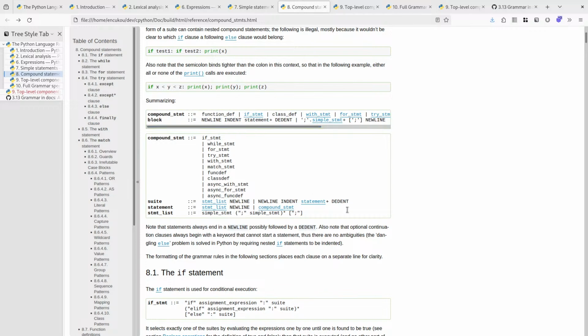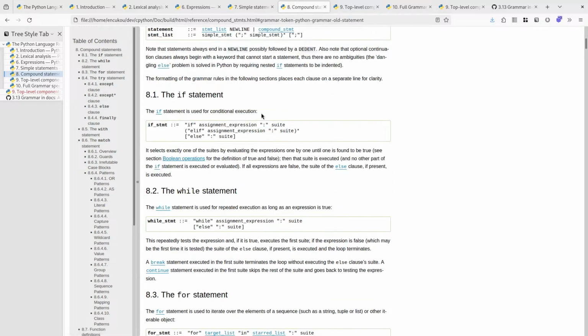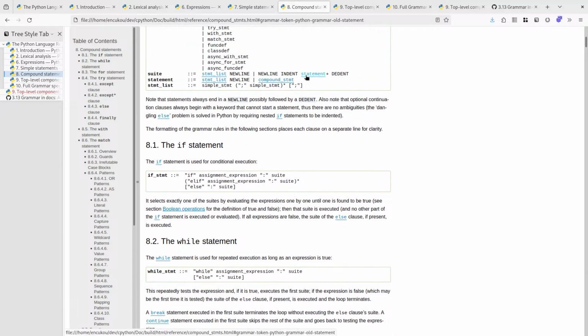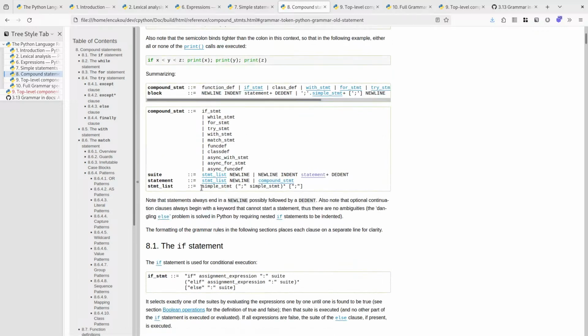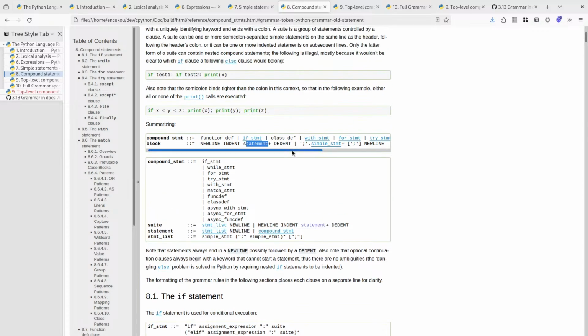separated by semicolons, which is pretty much the same thing as here, except this has statement plus, and I don't think... Oh, statement list. Right, statement list is the semicolon separated stuff, so that's exactly the same thing. And statement plus is this one, right? So it's in the opposite order, but that's fine. So this is exactly as it should look, except